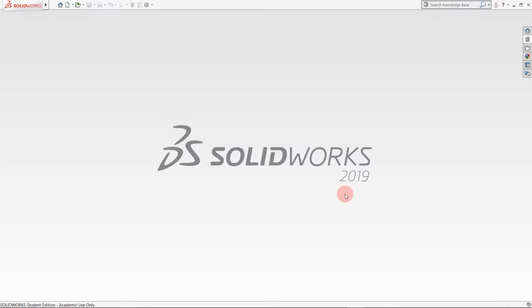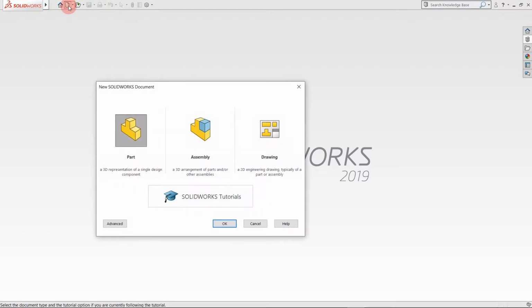When you see this interface, you can just select New. From here you can select either part, assembly, or drawing file. For part designing I am selecting part.